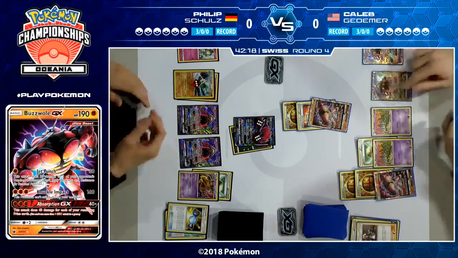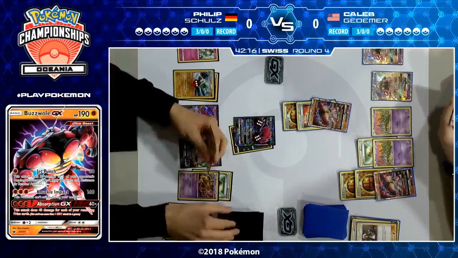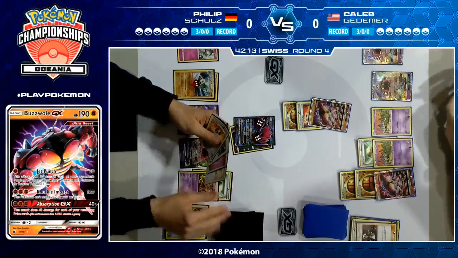Gallade, how valuable do you think it is in this matchup? It can be fairly useful. The problem with the psychic